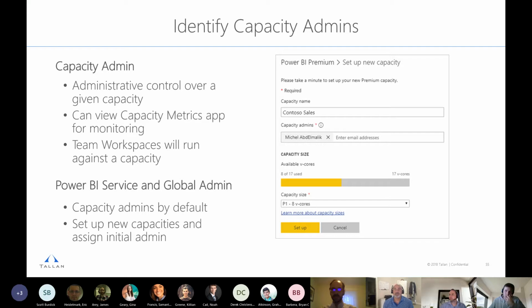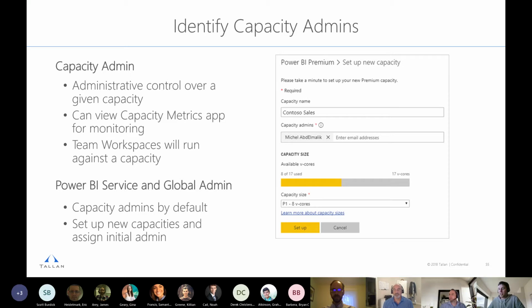With some medium-sized organizations, this may be a little difficult; you may want multiple departments to share the same node. This is the ideal case, and everyone's different. But bottom line, you want to assign a capacity admin. The capacity admin has administrative control to assign workspaces to premium. So they're ultimately the ones that say yes or no to moving content to premium.